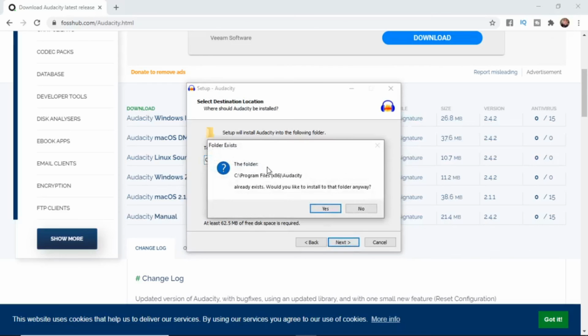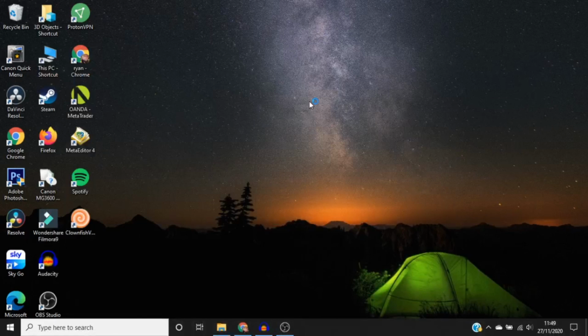And then as you can see, the folder already exists because I've already got Audacity installed on my device. So I'm not going to do this, but what you need to do is just simply click on next. And what it will do is it will go through the installation stage, and then it will create a shortcut there on your desktop. So it's just as simple,